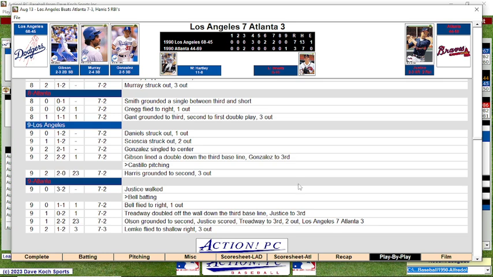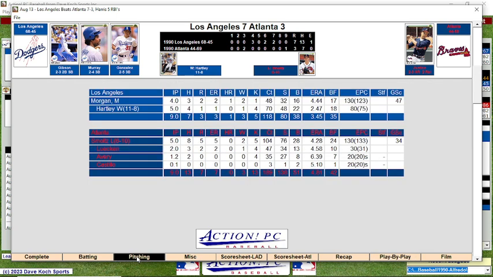Then in the ninth, Justice walks. Bell flies out. Treadway doubles. You got second and third, and a ground out scores Justice before the game's over. Pitching wise, you know the formula. Morgan goes as long as he can. He just gave up the 2-run home run, but he had 5 base runners in 4 innings. Is not a good strategy to win, or a good formula to win. Hartley comes in and goes the rest of the way, only giving up that run in the ninth. Smoltz, 5 innings, 5 earned runs, still not to the John Smoltz most people know yet.